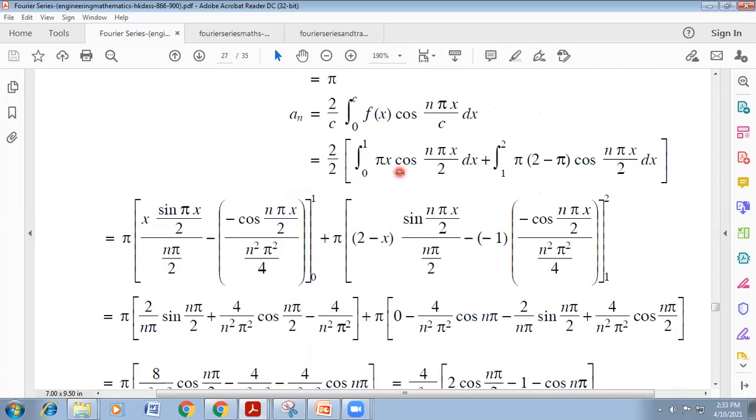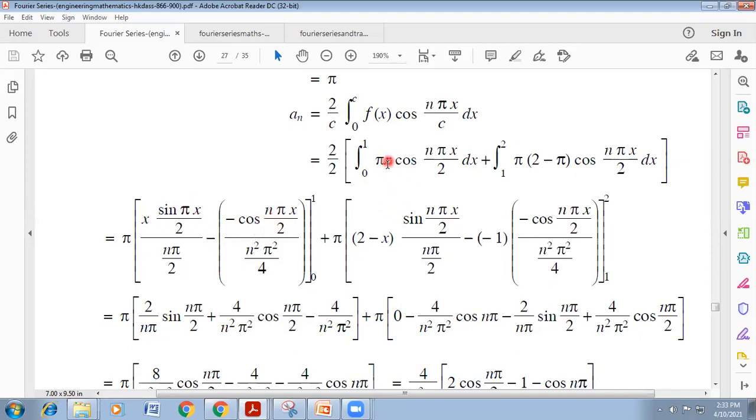Okay, now the UV method, because there is a product of two functions of x, this is why we have to apply the UV rule for integration. U into the integration of cos. Integration of cos what? Sine. Integration of cos will be sine, and divide by the coefficient of x. Coefficient of x what? n pi by 2. Here n is absent because of a printing mistake. This will be n pi x by 2. Remember it, n is absent here. This is a mistake.